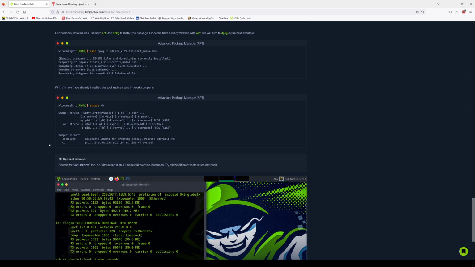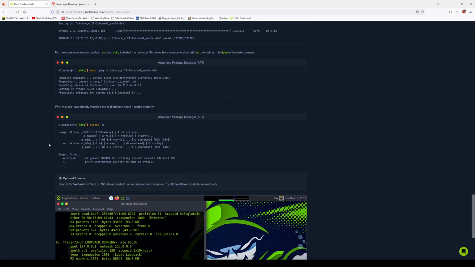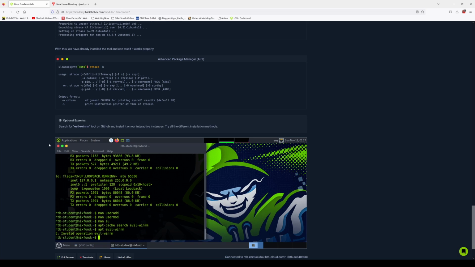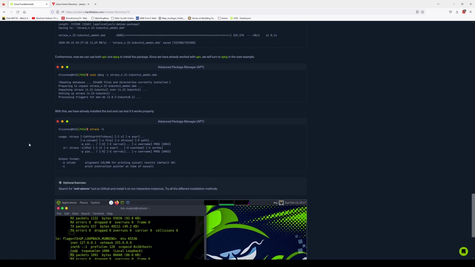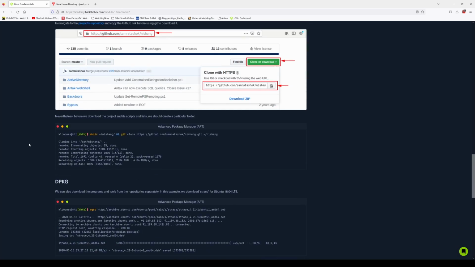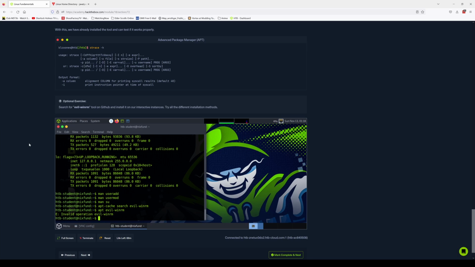Try all the different installation methods. I'd say let's just try to install it. Just do an apt evil-winrm. Invalid operation. Would it be sudo apt install? Yeah, I think so. Yeah, try it as sudo apt